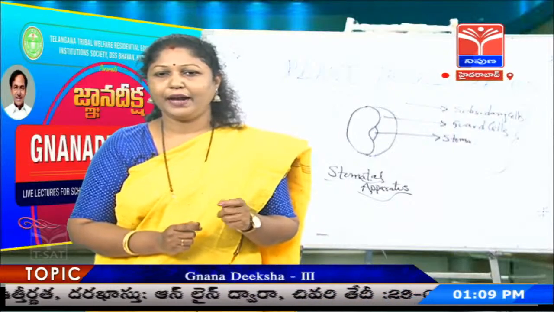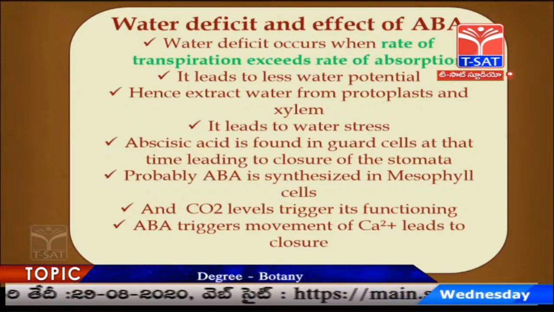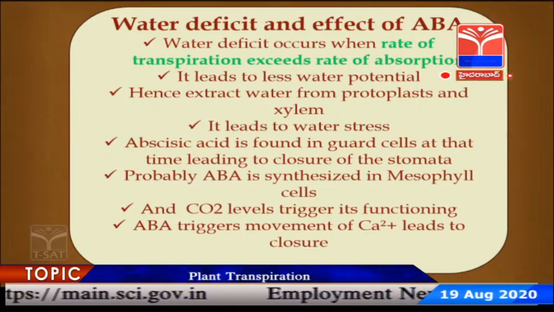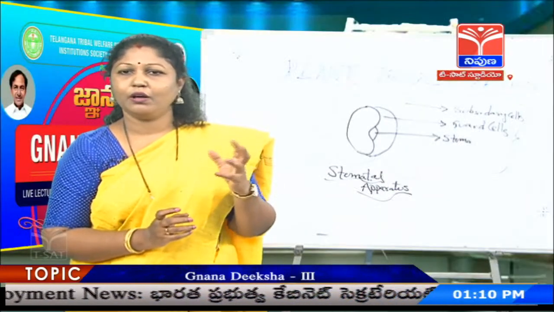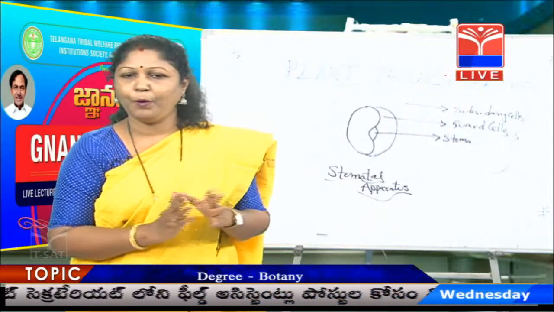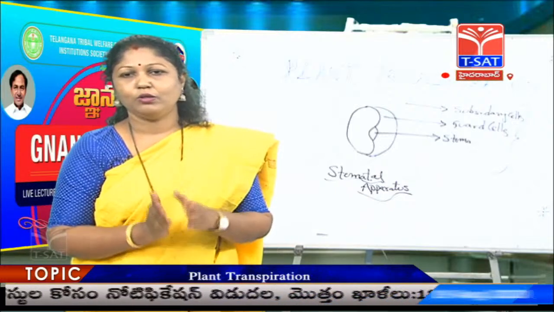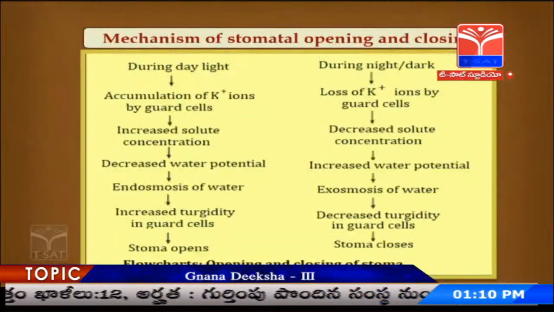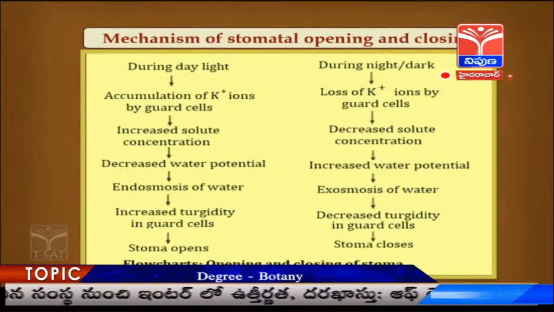Once again, the abscisic acid entry process is interrelated with the carbon dioxide also. Not only that, one last point I would like to add about abscisic acid is the calcium ions. Even the calcium ions, which are usually present in the vacuoles or in the cytoplasm or between the spaces of the cells, that is in the apoplast, when they move into the guard cells, also lead to closure of the stomata.